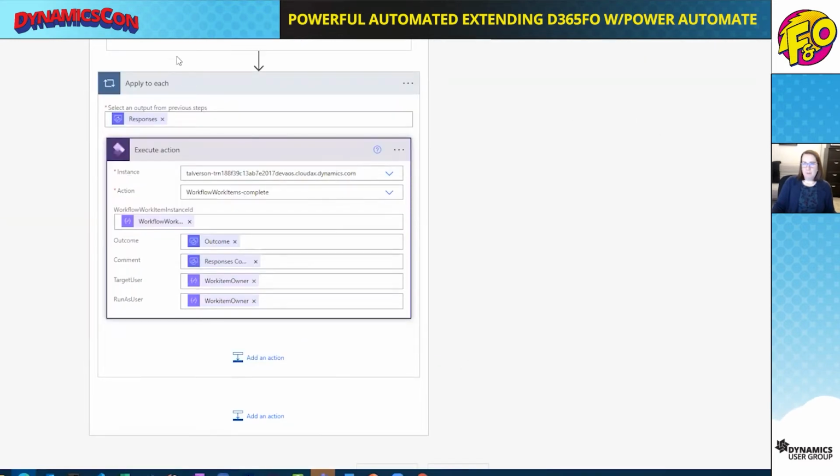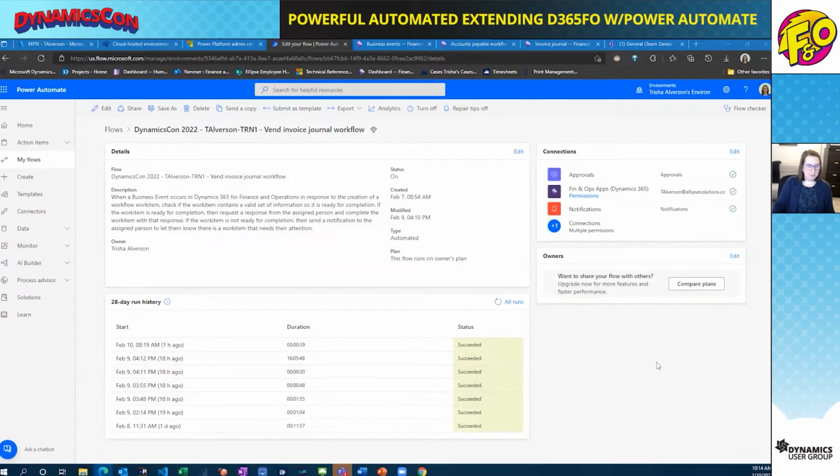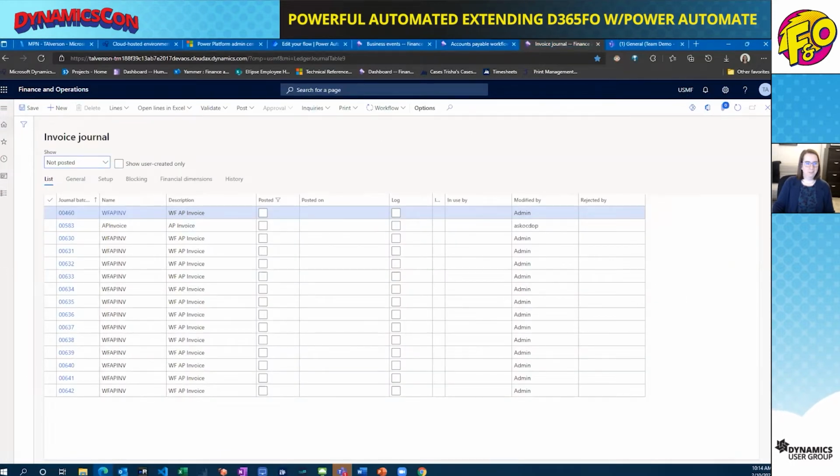So now that we've walked through, we see that we've got our run history here too with our successful actions. And the nice thing is you can actually see the progress while it's running. So I'm going to go ahead and create a quick journal to show how we can look at the flow while it's working. So I'm just going to create kind of a dummy invoice journal, and we're going to